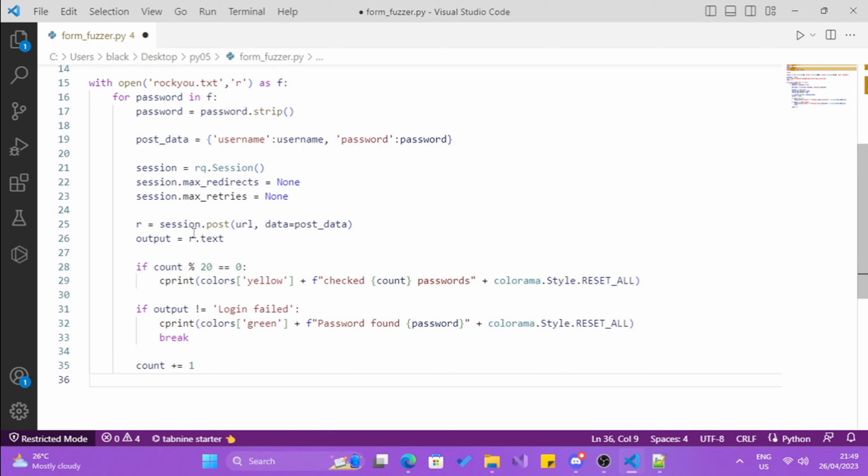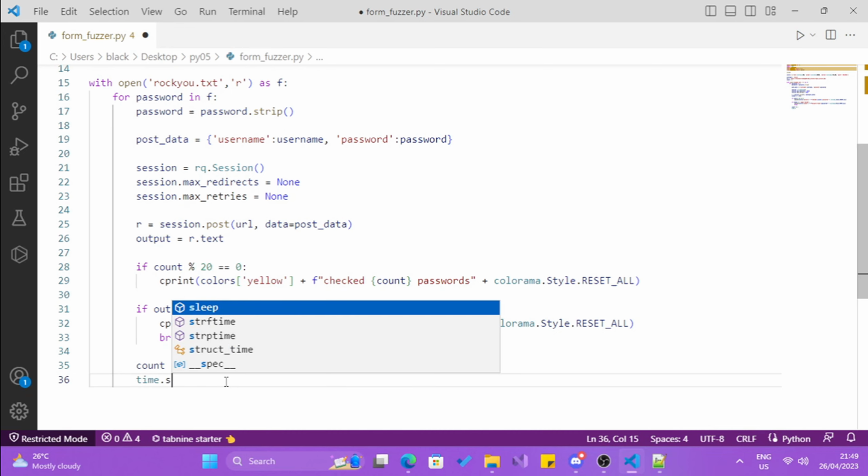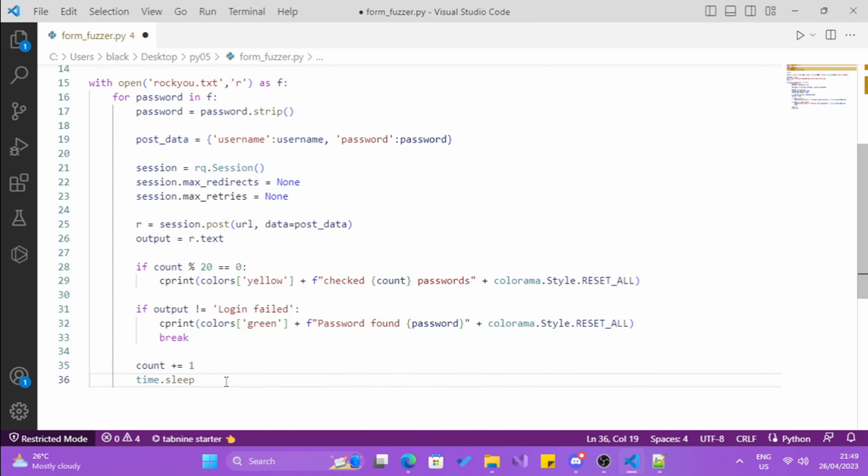We have to give a break, or what will happen is it will try to execute 2 requests at the same time on the port of the server, and it will give errors. That's not good for our brute force attack, so I will give a little break here. Time dot sleep 0.01 seconds,